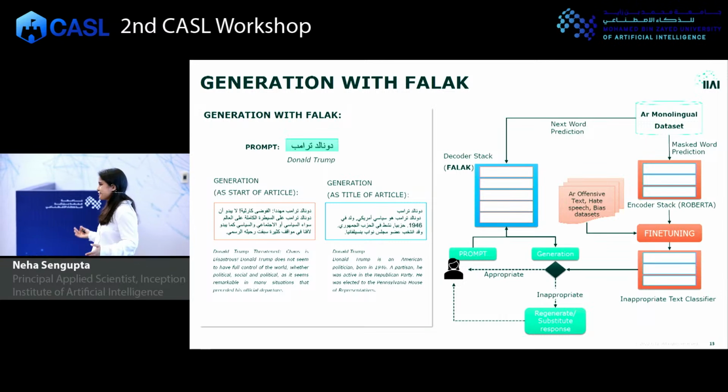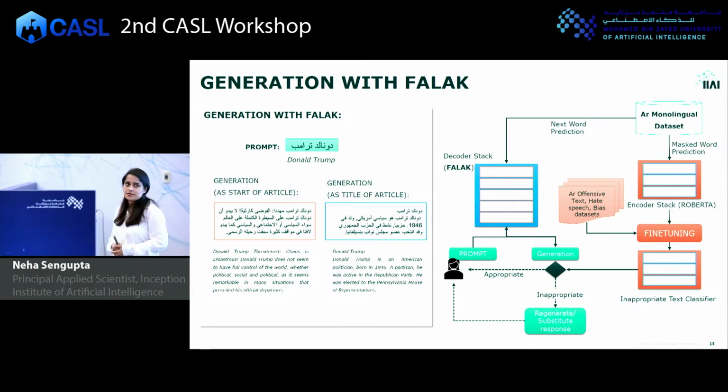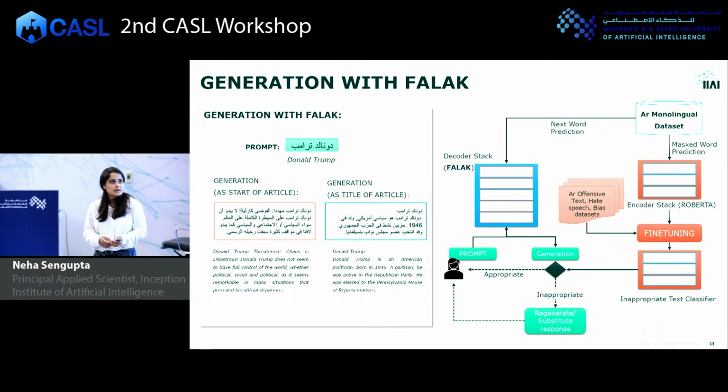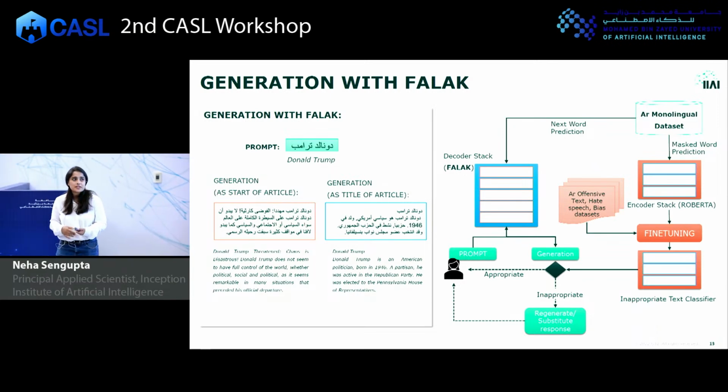Actually, the ChatGPT interface includes a large number of other control mechanisms as well. This is just one of them, a screening tool to detect offensive text. And if it is offensive, we generate again. And if we run out of generations, we just have a backup response to give to the user, in the scenario for them to either change their prompt, or maybe the prompt itself is offensive and so on, right? So basically, at deployment time, there will be both a decoder model as well as an encoder model running together.